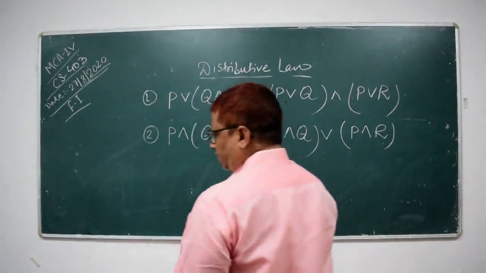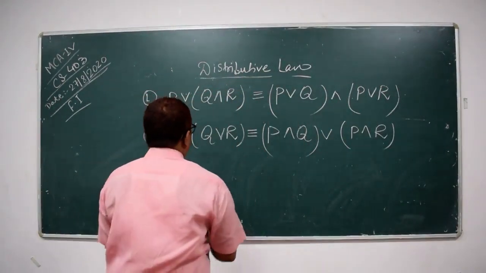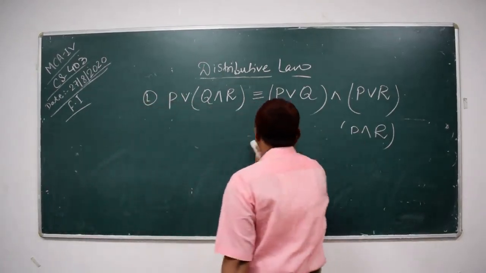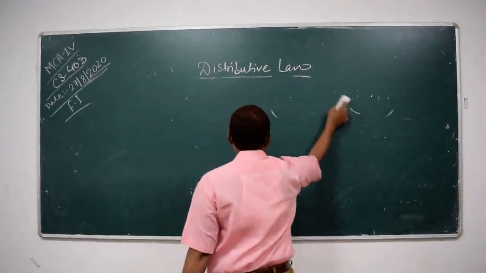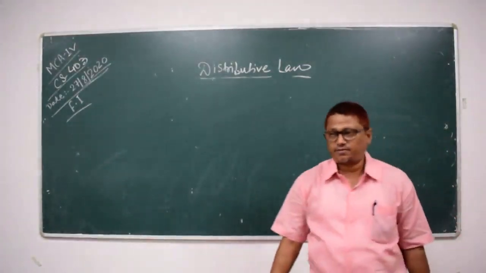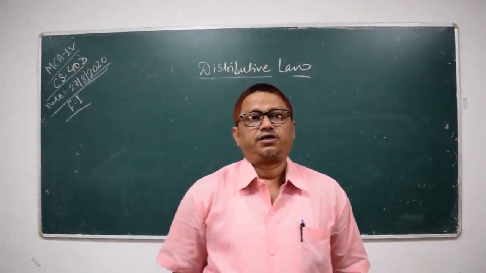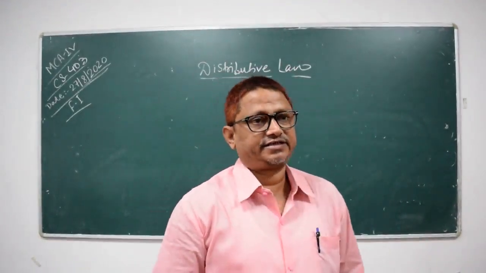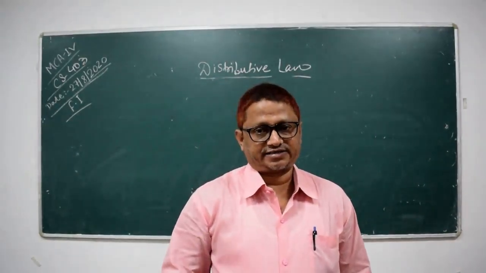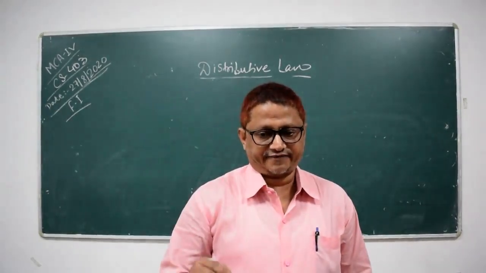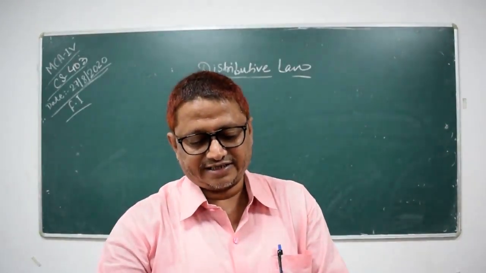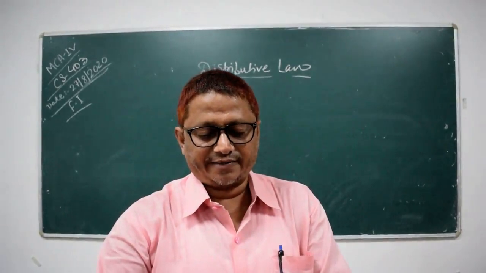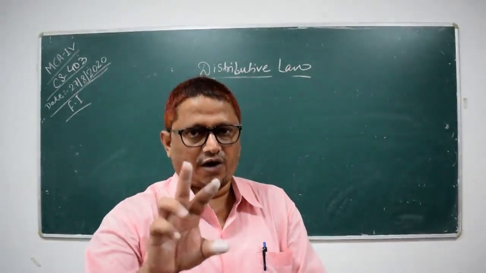Before we construct the truth table, first of all prepare the left hand side, and before starting the columns of the truth table, count how many different predicates are in this left hand side. P is one predicate, then Q and R. It means there are three different variables given in this law.